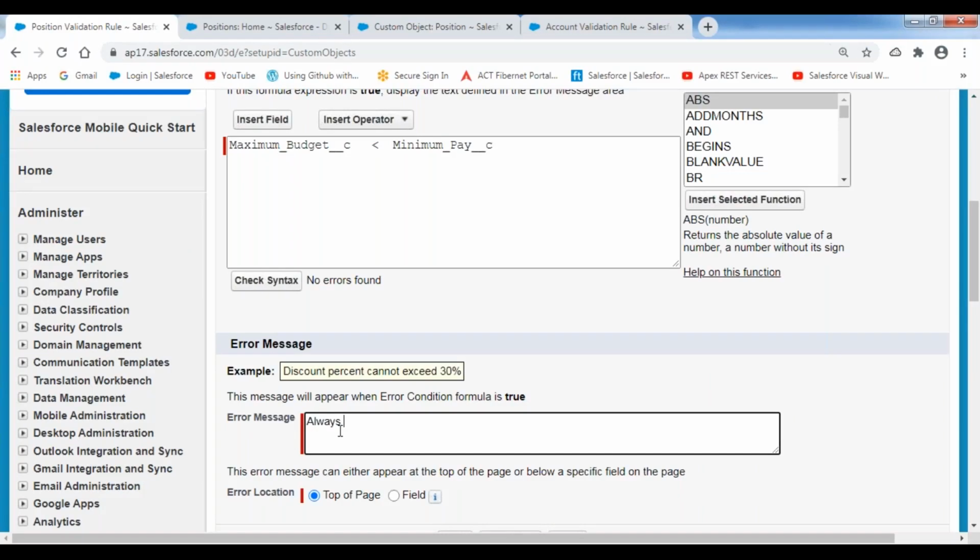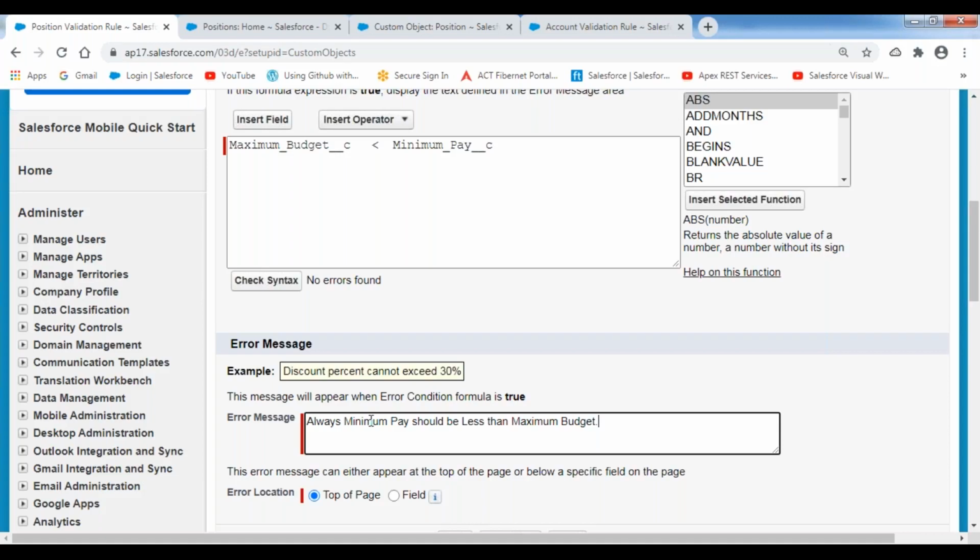Now, always minimum pay should be less than maximum pay, the maximum budget.